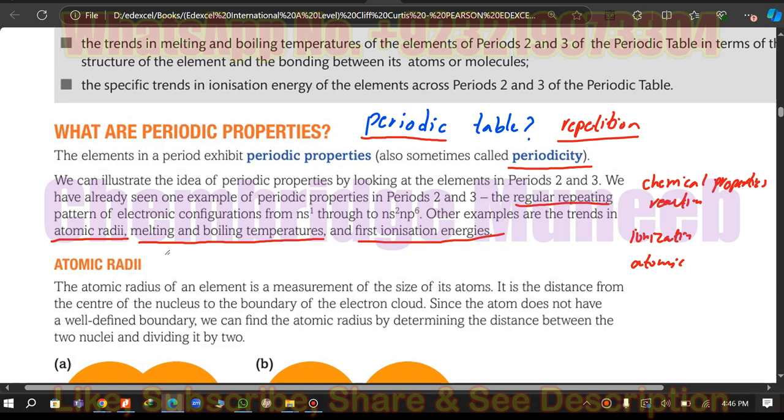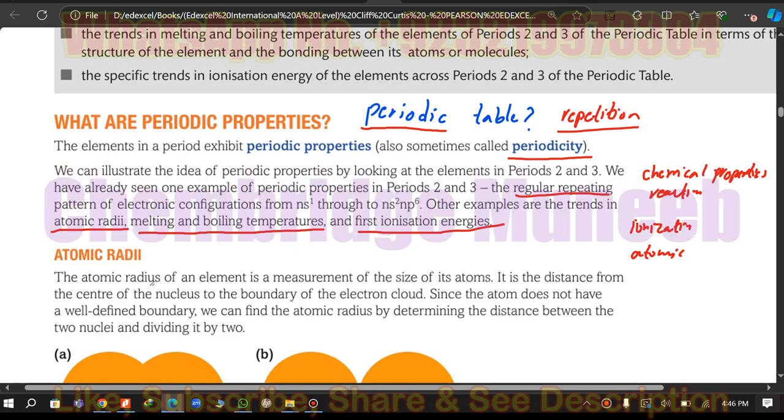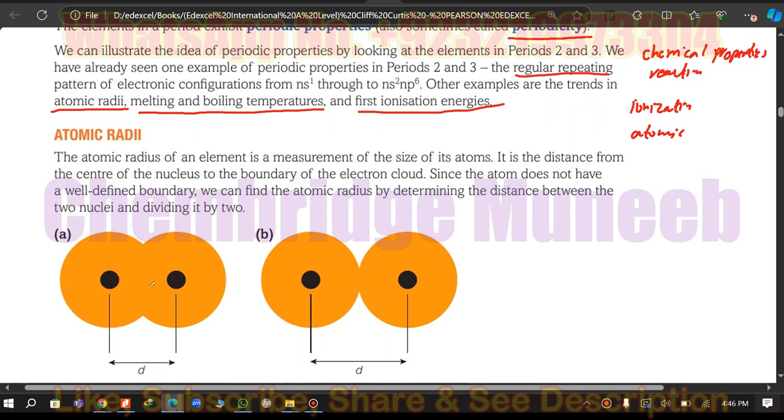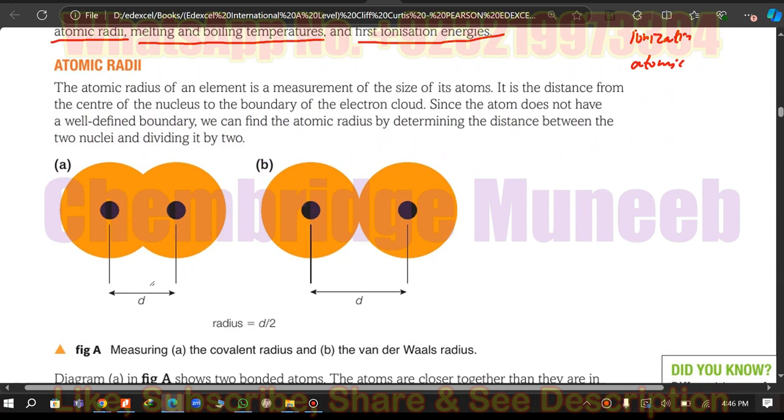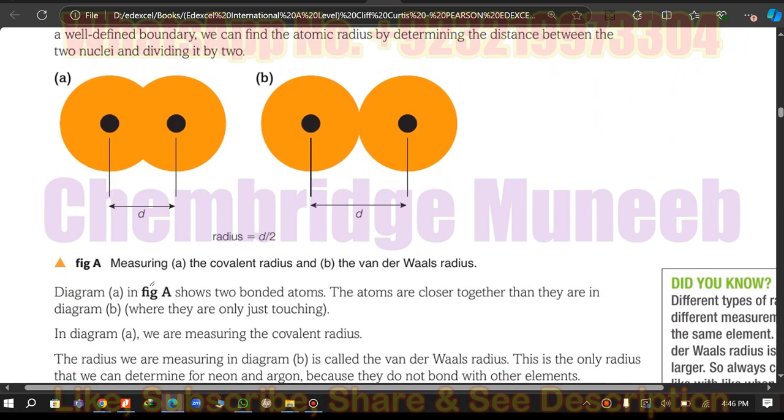The distance from the center, the distance from the nucleus to the outer electron. Okay, radii means radius, and the radius of an atom means the distance from the center of the nucleus to the outermost shell. You will say outermost shell, not the center of the electron. So in this case we can find out the atomic radii of the atoms by considering the